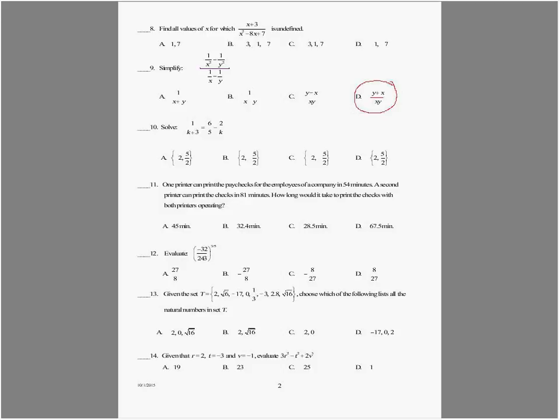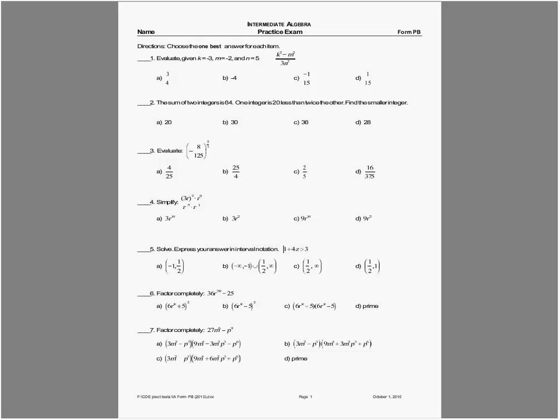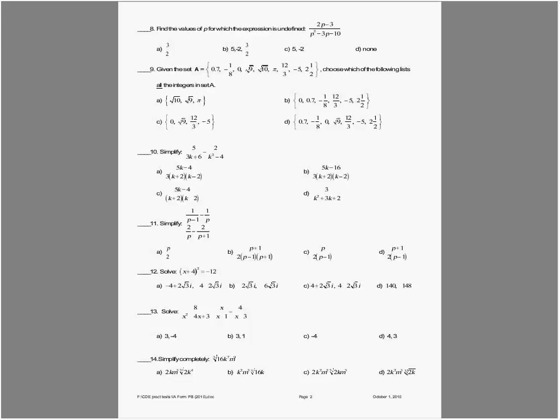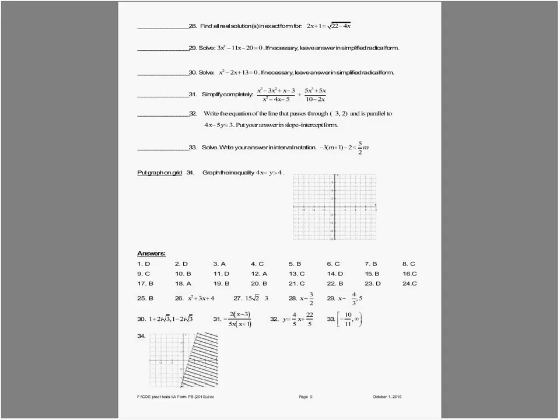Okay, so I've had a couple more requests. It looks like Form B we want to move to. Let me find that. Okay, Form B, I see number 34 and 11 as requests. So let me move to Form B. Okay, Form B, number 4. Number 4 is a graphing inequality.